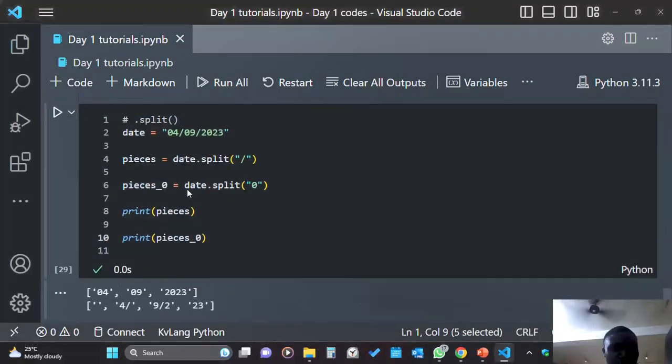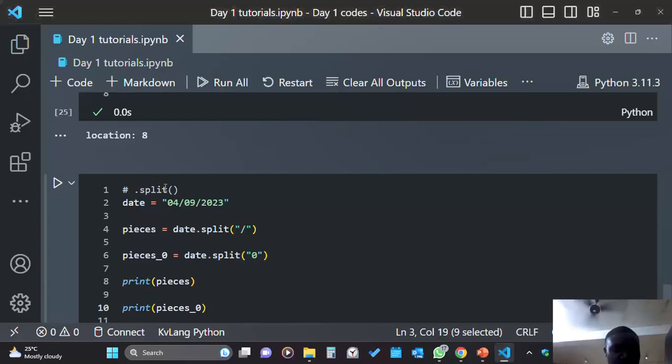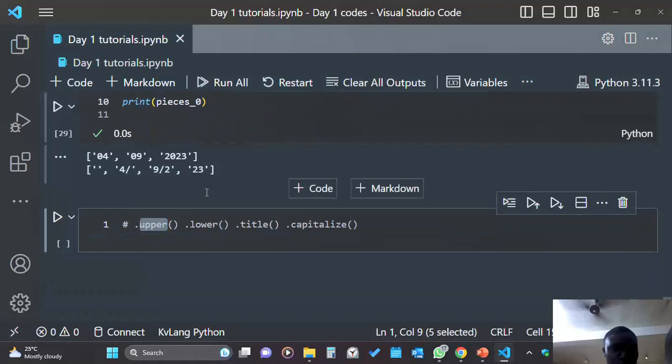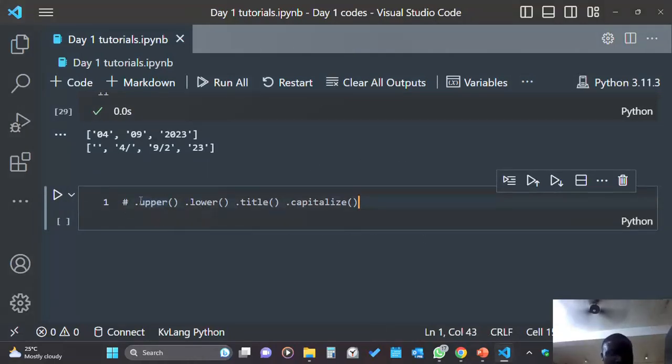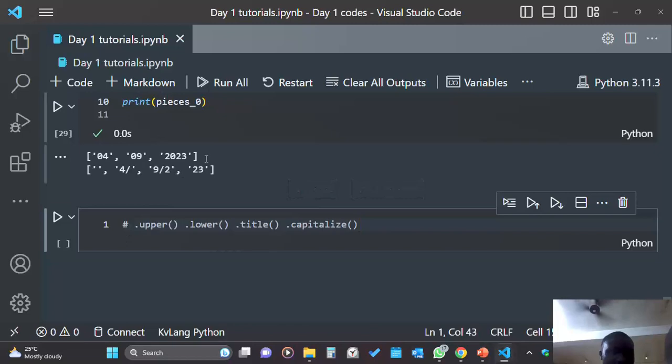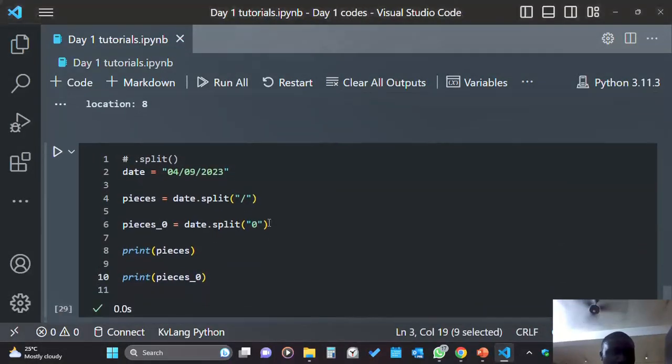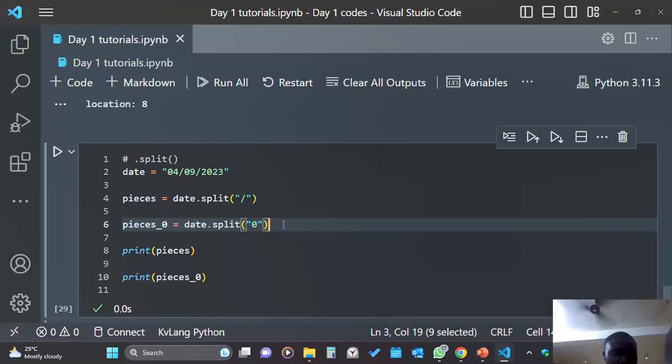Okay, all of them. So dot split and a bracket, dot index and a bracket. All of them have a dot, the name, and a bracket. Some of them you may need to fill in the bracket. Some of them you may not need to put anything into the bracket. A typical example for the dot split, you have to put in a character. Now, in case you didn't put in any character for the dot split,